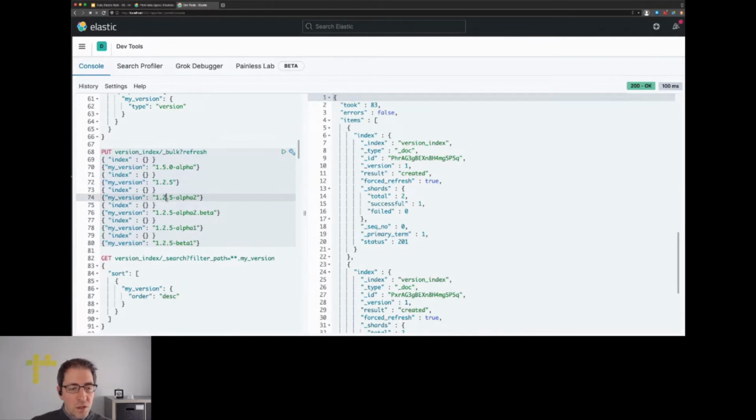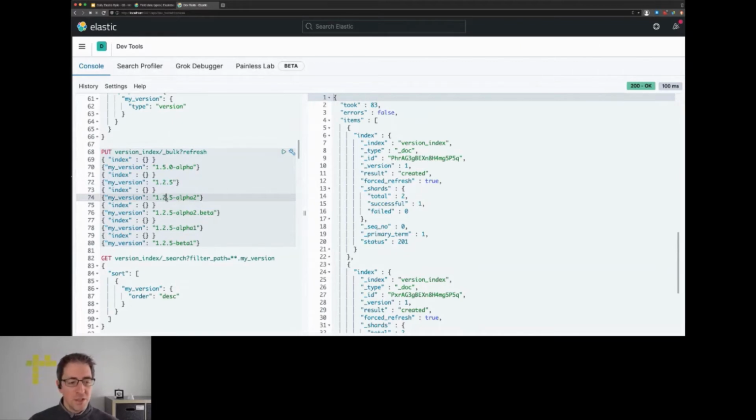And if we run this, we could run this without a filter path, but then we would need to scroll to figure out the sorting. So we can add this filter path. Now we only see the version field, and we see when we sort by my version that the 1.5 version is the first one, the GA version, and then we have the alphas, the betas, the alpha 2 beta version in here, so that the sorting for semantic versioning is basically correct. That probably makes sense if you have an inventory system of your IT inventory, which is also based on this versioning scheme, and you want to make sure that you can sort by this to maybe find old versions of